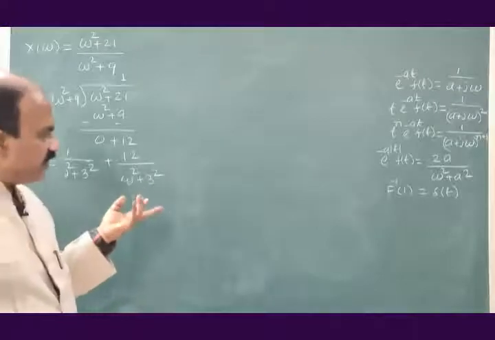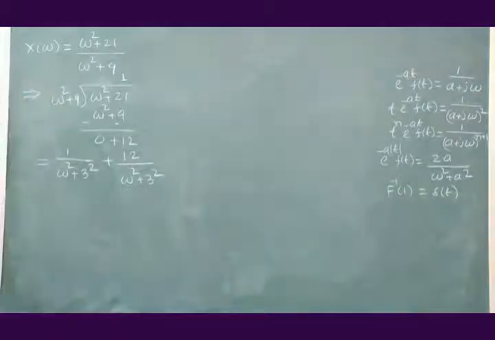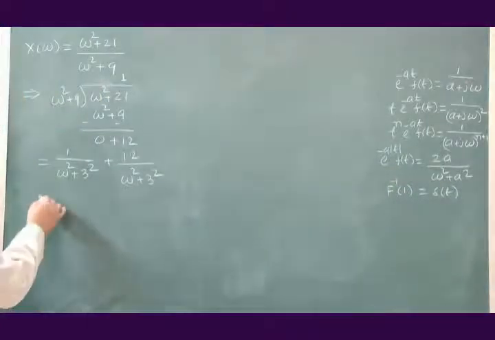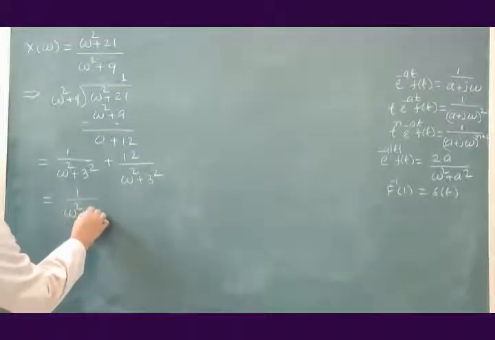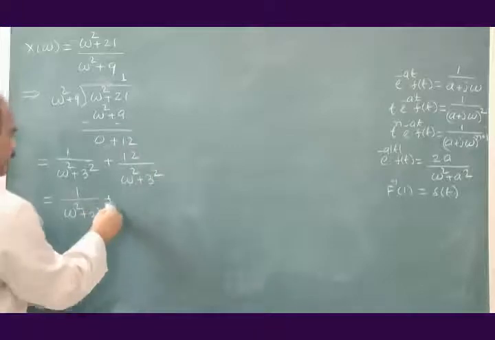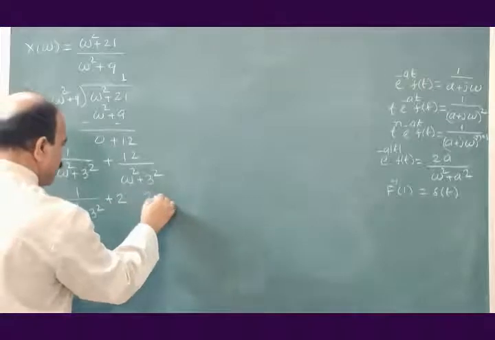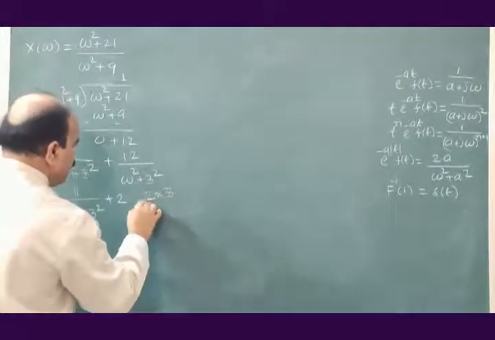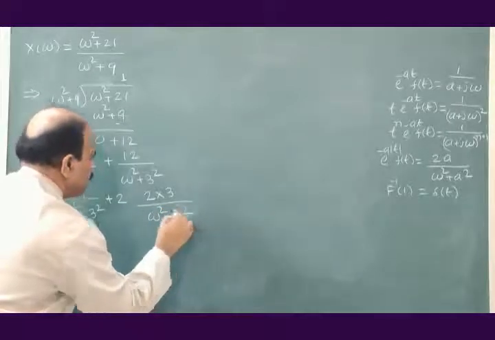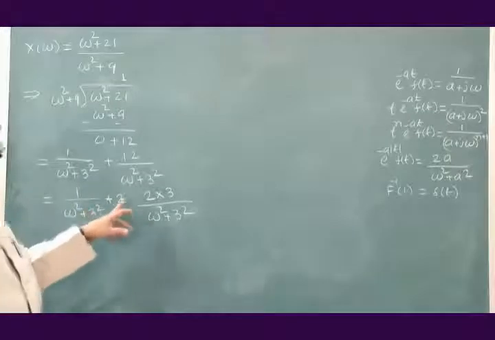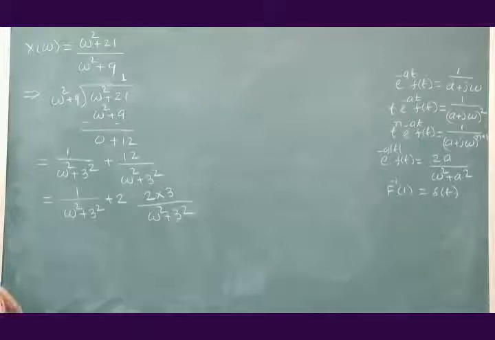We may have a formula of this type somewhere. Yes, here we have a formula of this type. Let me put this further as 1 plus, this value can be split as 2 times 2 into 3 divided by omega square plus 3 square. 2 into 2 is 4, 4 into 3 is 12. And then